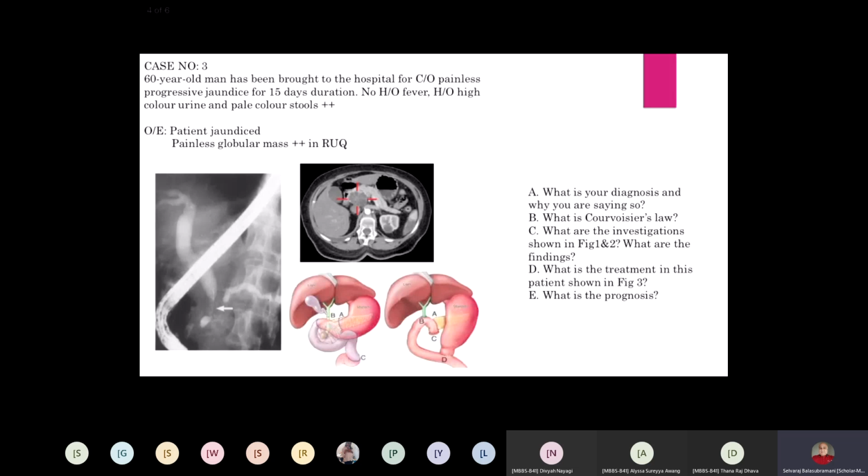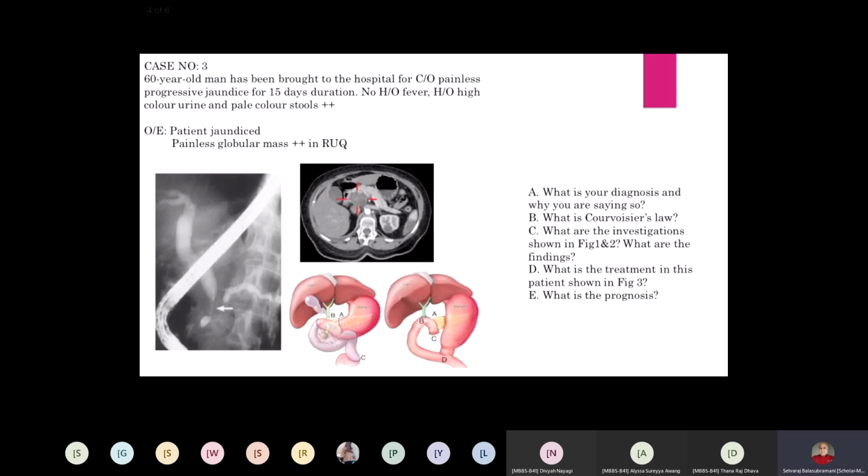Okay, that is the law. Why is it not due to gallstone? Suppose it is gallstone, 95% of our CBD stones are only secondary stones. They develop from the gallbladder and then they come to the CBD through the cystic duct. So it is developing in the gallbladder. While the stone is there in the gallbladder, it will undergo repeated infection and inflammation. It will become fibrotic. So when the duct gets obstructed, it cannot distend, because this is not a fresh gallbladder. It is already inflamed.